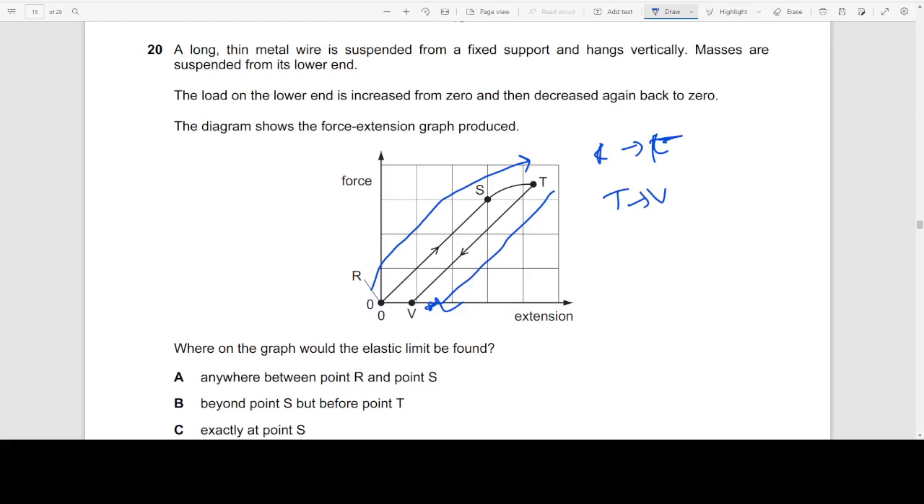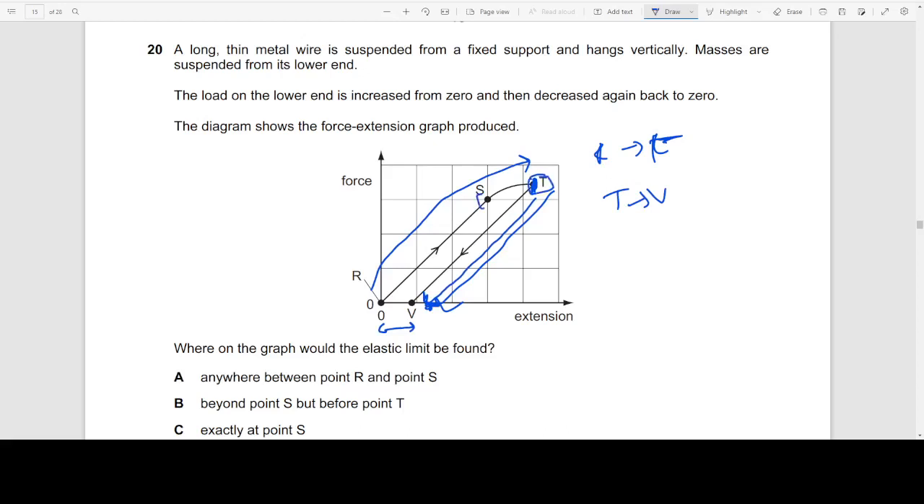elastic limit is the point where even when stretched, the wire or the spring can still return to its original length. But as you can see, when it's stretched till extension at point T, and when the load is decreased till 0, it does not come back to its original length, which is 0. It does not come back to its original length because it still has an extension, this much extension. Since it has this much extension, even when load is removed, T is definitely not the elastic limit, and